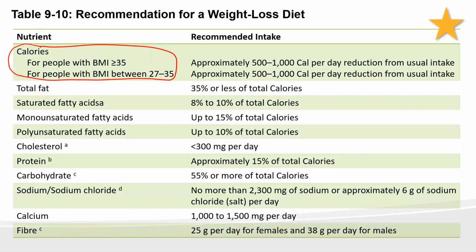So you can see people that are greater than BMI of 35, they're saying 500 to 1,000 less calories in a day, and people with BMI of 27 to 35, and maybe I even copied that incorrectly. But if your BMI is in this range and you cut your diet by 1,000 calories, my opinion is that's too much. 1,000 calories is a lot. Many of us, some of you in my class, I noticed you're shorter, smaller, skinnier humans. Your day is probably 1,600 calories total, right? So 1,000 calories is quite a bit.